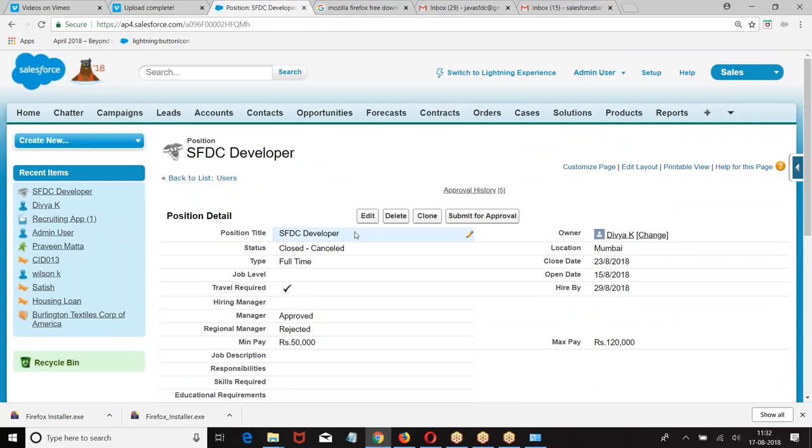When you have multi-step, every record should go from step 1 to step 2, or only a few records should go. You need to select all or few. When you reject the record in step number 2, the entire operation should be rejected, or only the particular step should be rejected. That's what we need to understand. I hope you are good with this. Everyone has followed, right? This is multi-step approval. Now let us go to the next one.